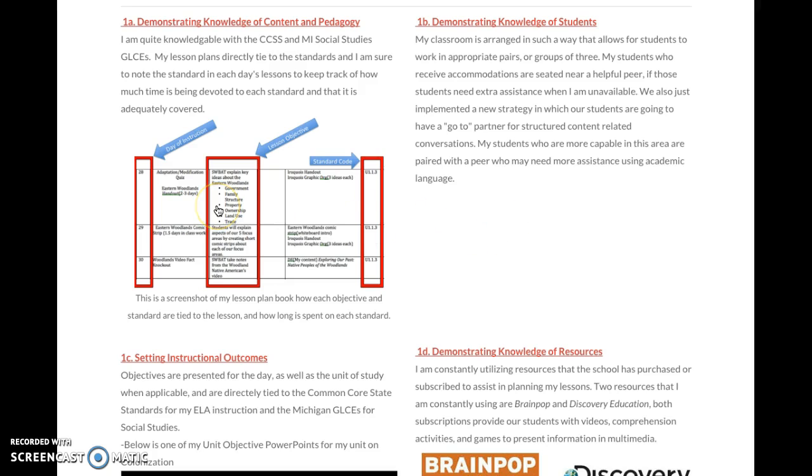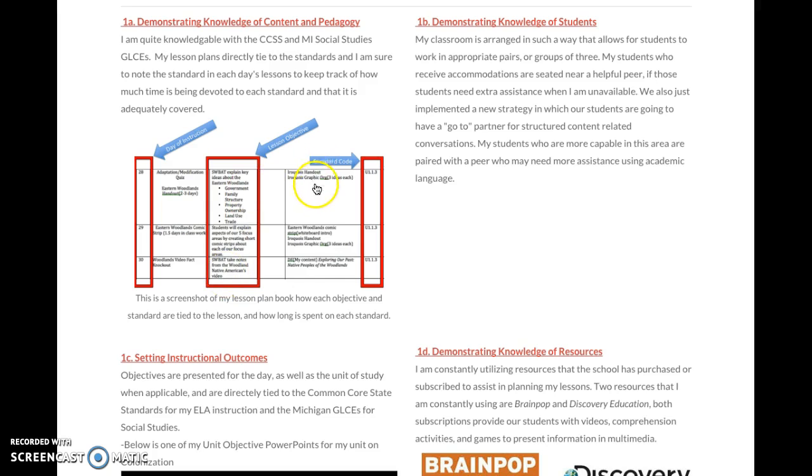So I've got an image of one of my lesson plan books. I keep them all digitally because it makes it easier to transfer from year to year than having to try to write it, as well as making adjustments and corrections. You know, as teachers, we're always modifying our lesson plans, and when we wrote them down, it was full of erase marks and arrows and post-it notes. This seems to work a little bit better for me, helps me keep everything that I need in one